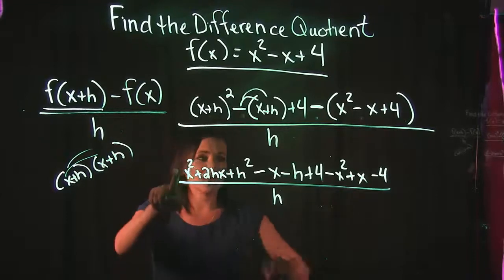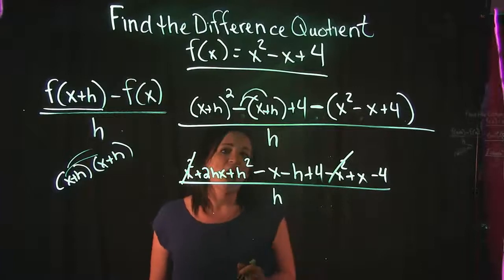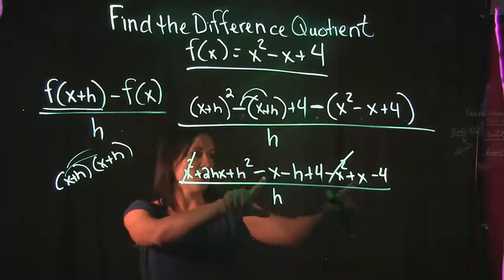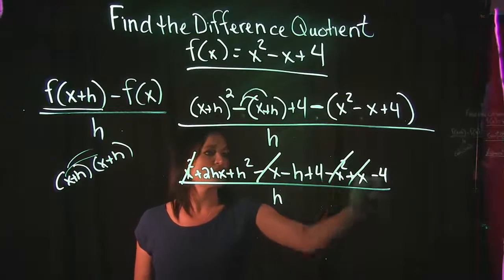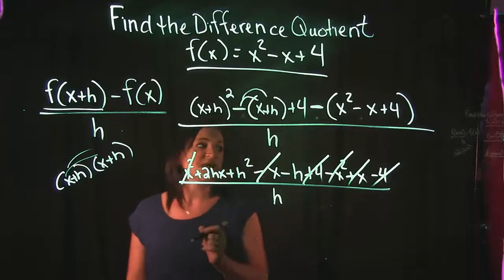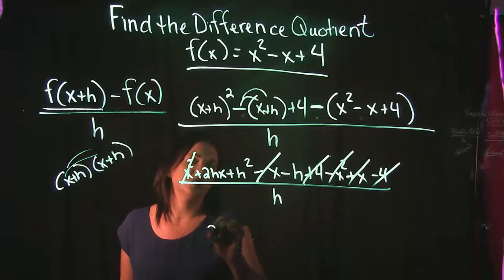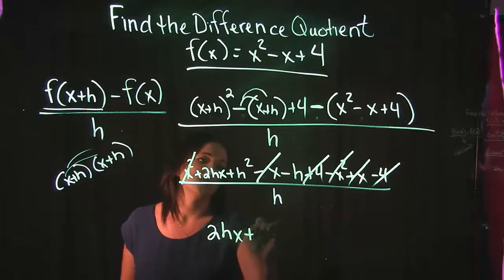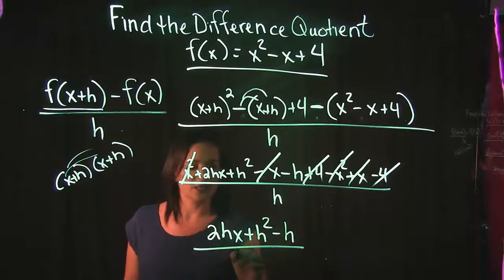So I see I have an x squared and a negative x squared here, so those will cancel. I see that I have a negative x and a positive x here, so those will cancel. I have a positive 4 and a negative 4, so those will cancel. And I believe that's it. So all I have left over here is 2hx plus h squared minus h,